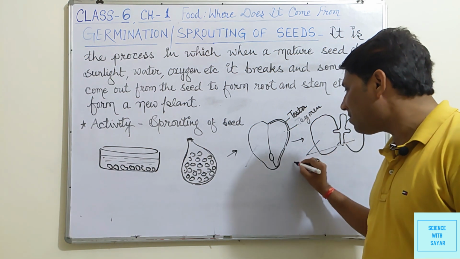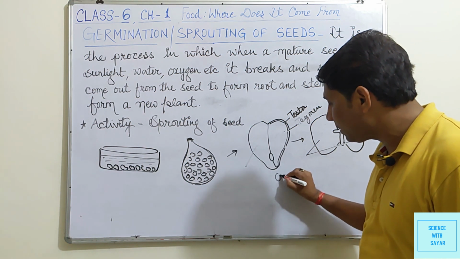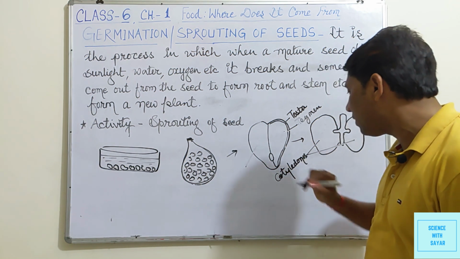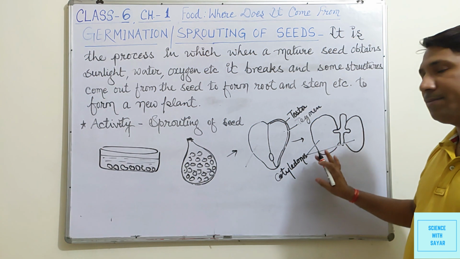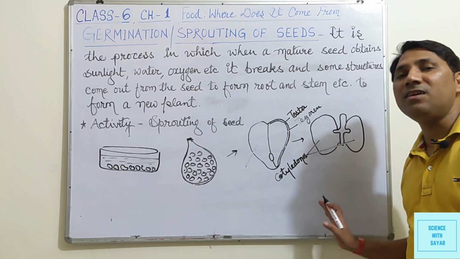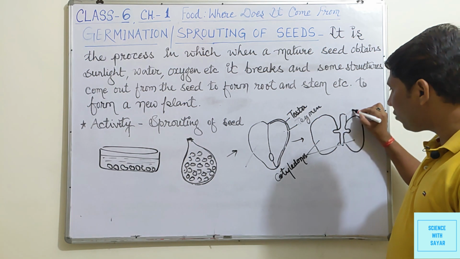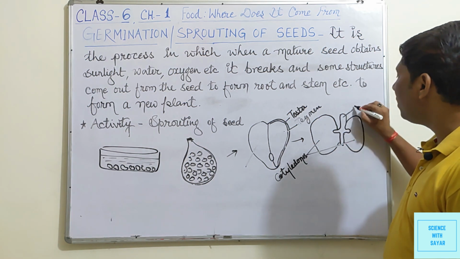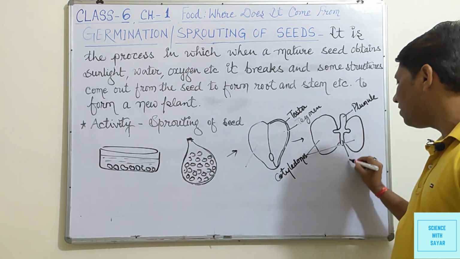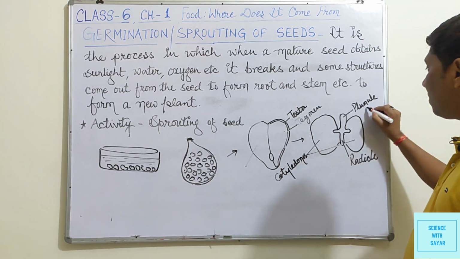So these two pulse or dal-like structures are known as cotyledons. These are the structures which store the food in the seed as starch. This structure is known as plumule, and this structure is known as pedicel. This forms